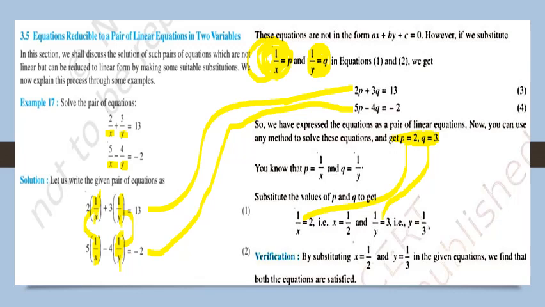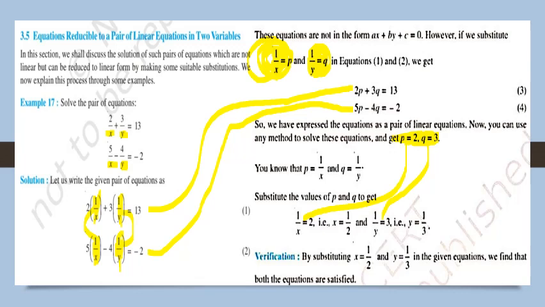So now this becomes a simple linear equation in two variables. Dear students, you are aware how to solve these two equations. You can use any method because the method is not mentioned. You can use either elimination method or substitution method. That's why the solution is not given, because different students solve using different methods. Directly the solutions are given. So if you solve these equations by either method, you will get p equals 2 and q equals 3.